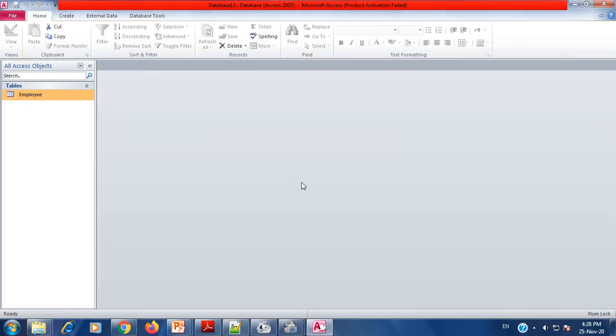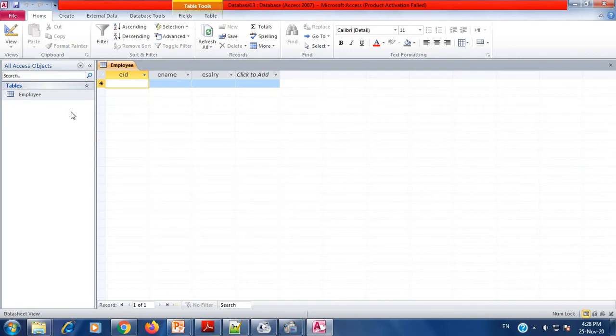You have to just save the changes. Now if you double click, the table will be opened. Initially you insert a number of values. The ID of an employee that I am inserting is say 101. Name of the employee is say Ameya. Its salary is say 25,000. The second record has employee ID 102.